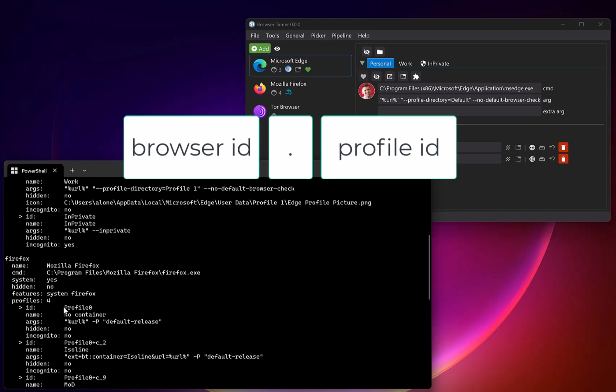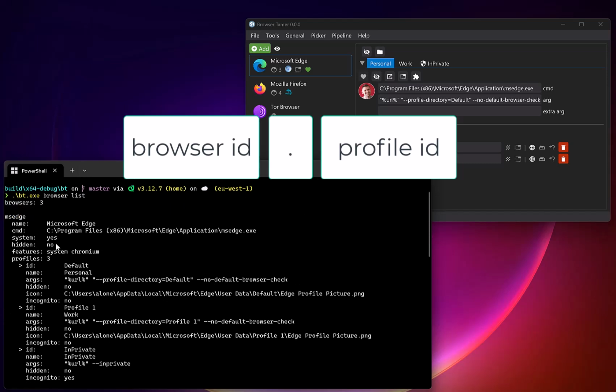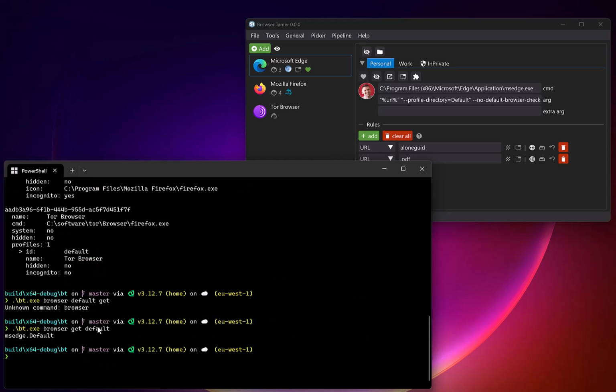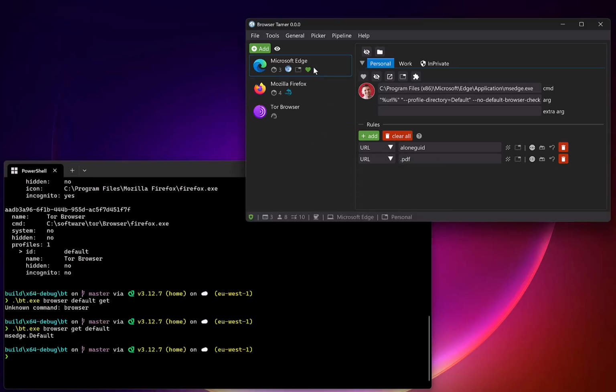So if I scroll up to the previous output, you can see this is the ID of Microsoft Edge, and this is the ID of the default profile, which happened to be called default. You can see the same in the user interface because the default browser is marked with a little lovely green